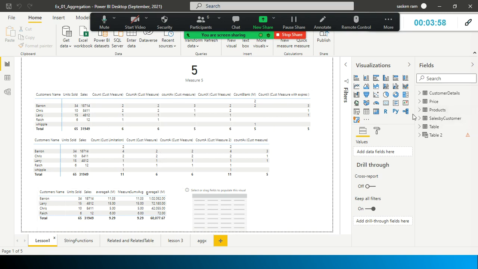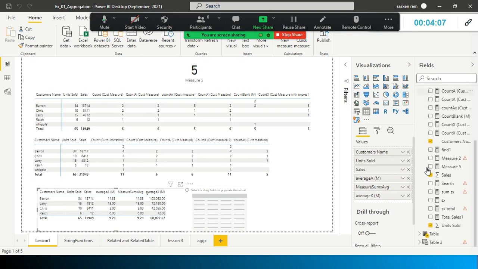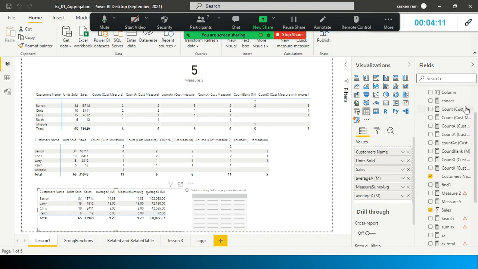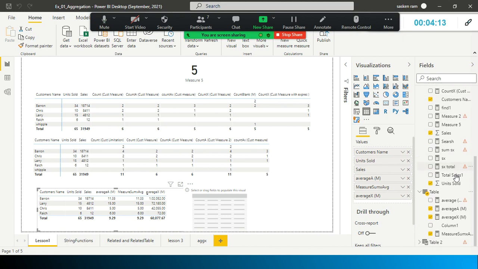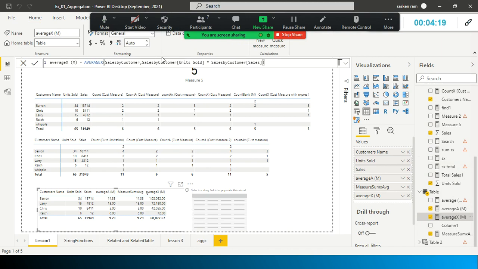So here, AVERAGEX. Let me just select this visual. When you select this visual, you will get to know all the tables and associated measures that you used. In AVERAGEX, here it is a row context, right? Row by row we are multiplying it.